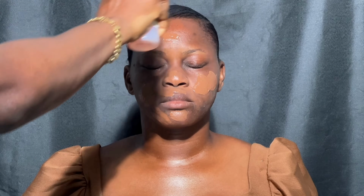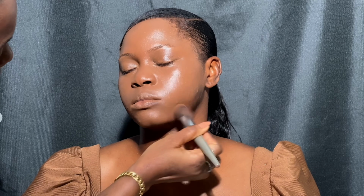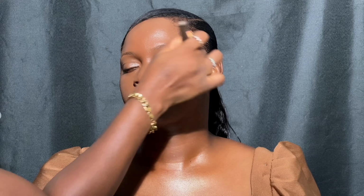I needed a dewy finish for our makeup, so that is another reason you see me use more setting spray in this particular video. There are different steps and different ways of achieving a dewy kind of makeup. It's not your regular type of makeup, so you see me using more spray. If you're going for a matte finish, I would advise you not to apply setting spray as much as I'm doing. You can see I keep applying setting spray because I need the skin to be properly